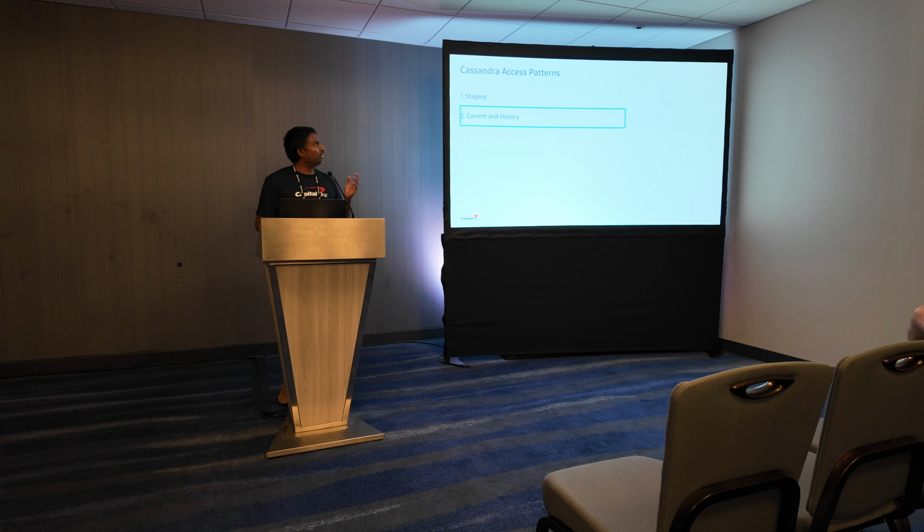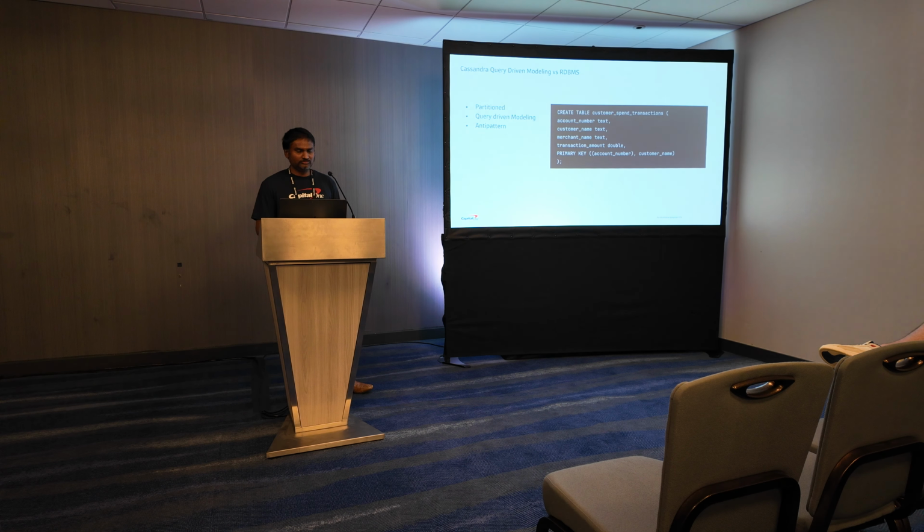Okay, now we have covered the staging pattern. Let's go to the second pattern, which is live history or current history. Again, this could be a refresher, but the core difference between any classic RDBMS and Cassandra is that the data is partitioned. You can call it partition. Some databases call them